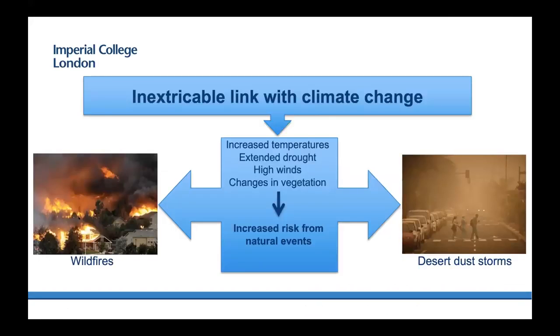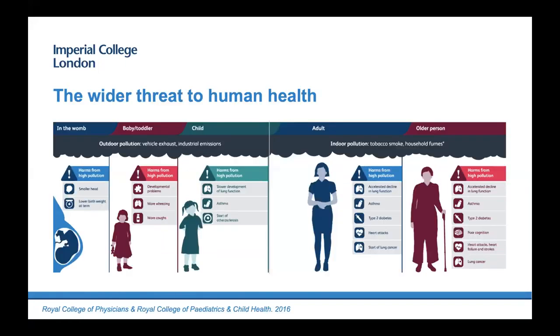Looking forward, there seems to be this inextricable link between PM and climate change, and we've been hearing increasingly about the contributions of wildfires across the world and desert dust storms. With increased temperatures, extended droughts and high winds and changes in vegetation, there can only be increased risk from PM occurring in increased amounts from these natural events. And as we look at the emerging evidence, we see that there's